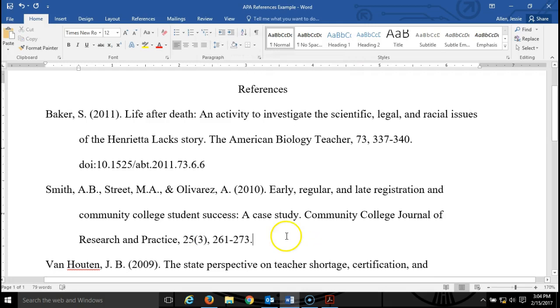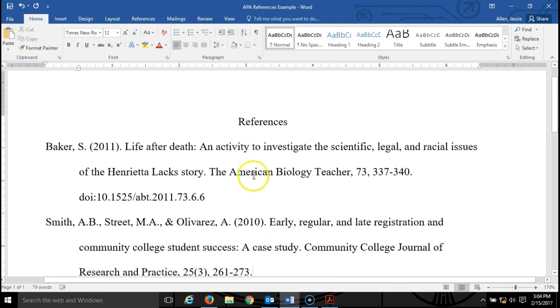Okay. Next thing I want to draw your attention to is the fact that we have the word references written at the top here. That is all that should be written there, not references page, not bibliography, nothing like that. Just the word references, capital R. Notice it's not in bold, it's not underlined, it's not all caps, just plain old references centered at the top